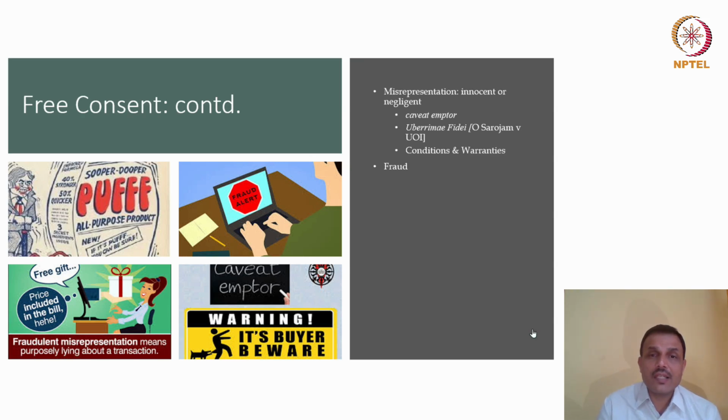Now, fraud is something that is done deliberately. Fraud is something that is done mischievously. Fraud is done with an intention to deceive. So the person who makes the representation in fraud knows that he's making a misrepresentation. He knows that it's untrue, but he deliberately chooses to do the same with an intention of getting the other man's consent in the contract, thereby trying to get an unfair advantage. So he knows the situation pretty well.